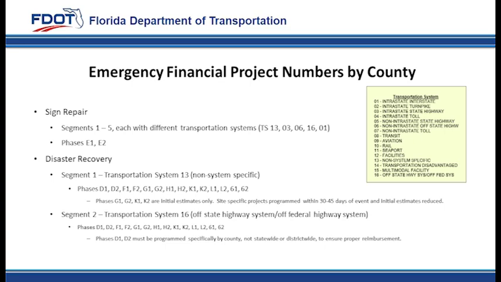Disaster recovery will utilize segments 1 and 2 to differentiate between transportation systems and can include in-house and consultant phases for emergency debris removal, sign repair and replacement, road repair, bridge repair, facilities repair, maintenance of traffic, and construction support and CEI. Debris phases D1 and D2 must be programmed specifically by county, not statewide or district-wide, to ensure proper